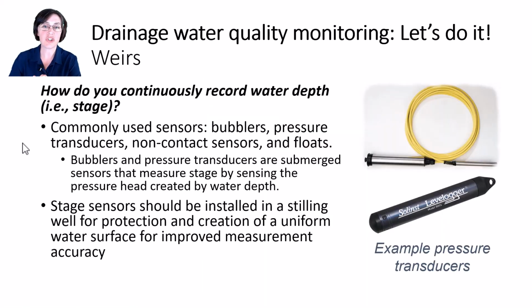To continuously measure and log stage data behind a weir, I exclusively use pressure transducers that have associated data loggers in them. The pressure transducer itself senses pressure pushing down on it. That pressure includes the weight of the water on top of it and the pressure of the atmosphere on top of it. Some pressure transducers are what we call vented, where the sensor compensates internally for that barometric pressure, the pressure of the atmosphere. But there are slightly cheaper pressure transducers that are not vented, and you can correct those data after the fact by having logged also barometric pressure with a different sensor.